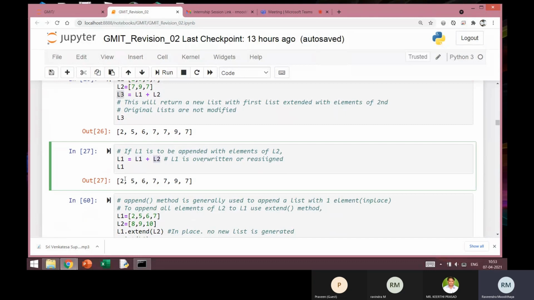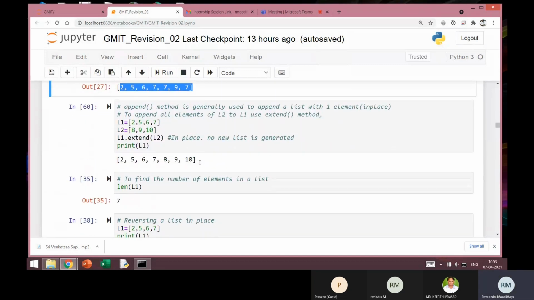As you can see here, it has done the job of merging both the lists, as in the previous case where we did L3 equal to L1 plus L2. But remember, here L3 is a new variable. Here L1 itself is overwritten with the elements of both the lists.